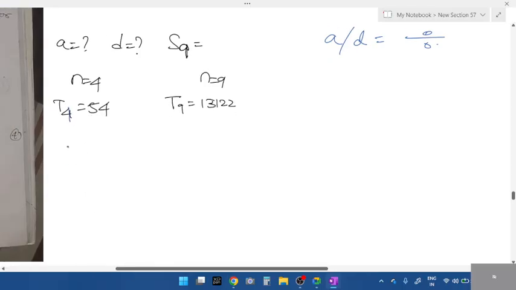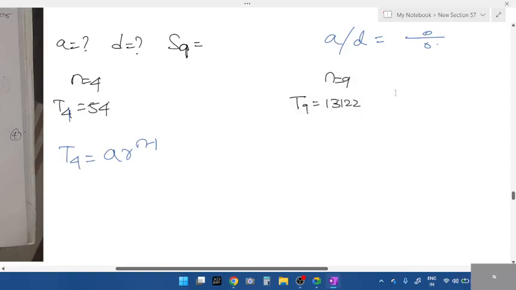What's the formula? Can you tell me? T of 4 is equals to, for GP, AR^(n minus 1). In 2 parts, write it one below the other. T of 9 is equals to AR^(n minus 1). T of 4 is 54. A value is not given. R value,